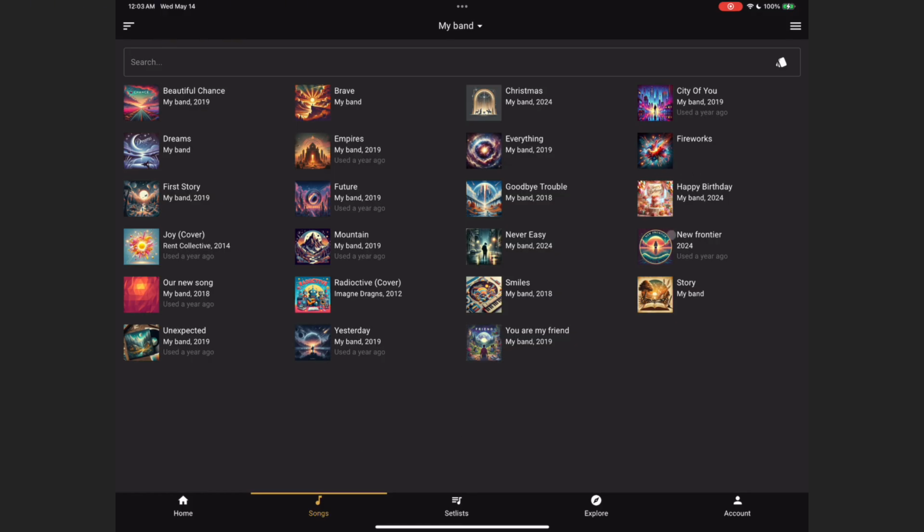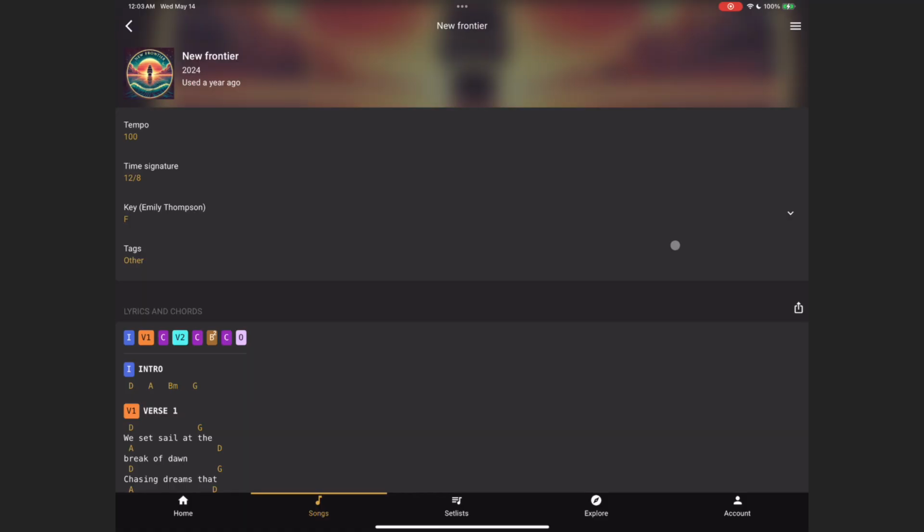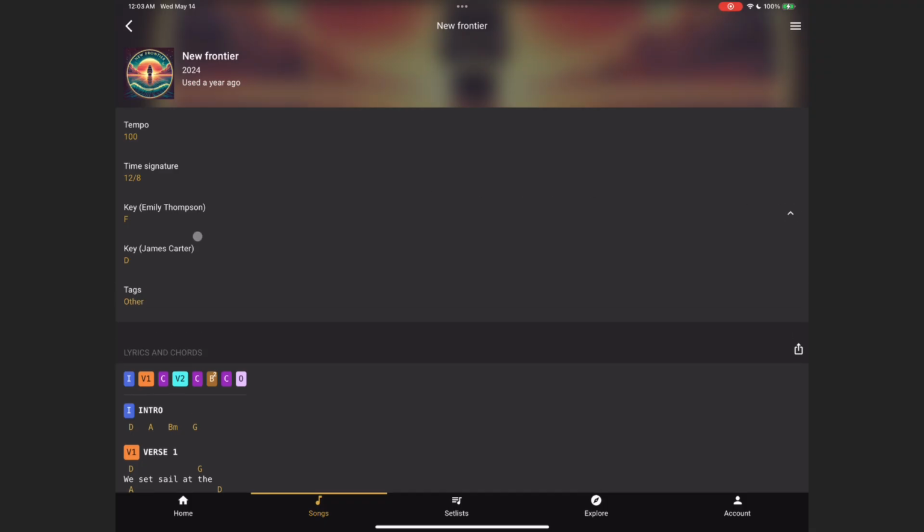Let's tap on the New Frontier song. This will take you to the song detail screen, where you'll find all the information you provided when you first created it. The very first section you'll notice contains all that core info: song name, tempo, time signature, key, any tags you've added, and so on. Bandfix allows you to specify multiple keys for a single song. This is incredibly useful if some of your bandmates prefer to sing or play a particular song in a different